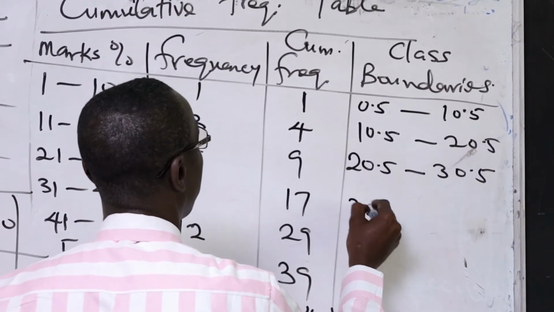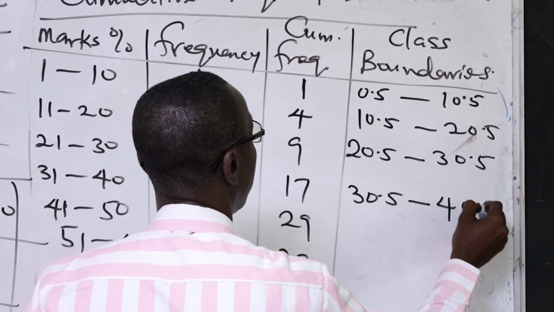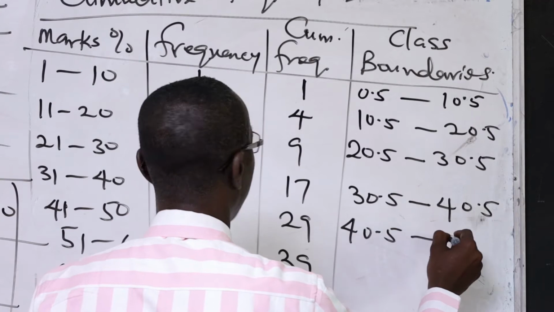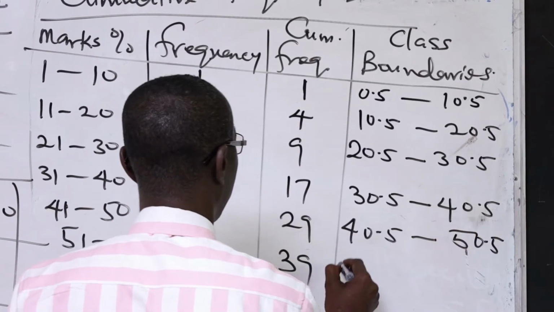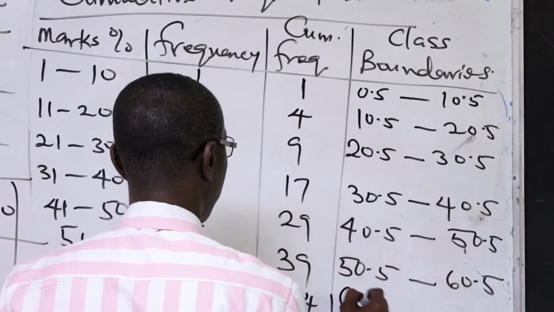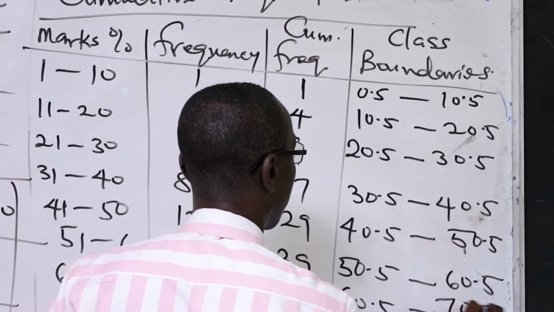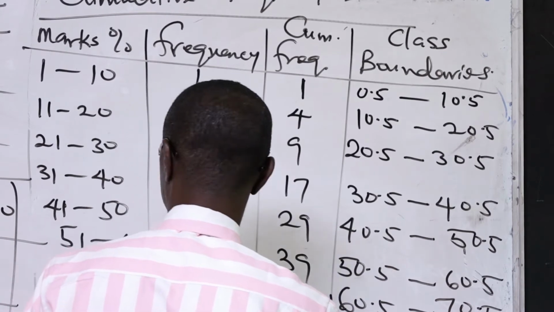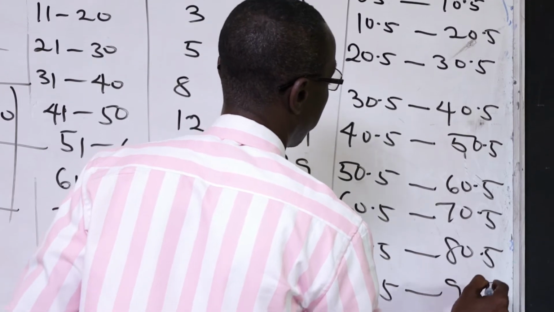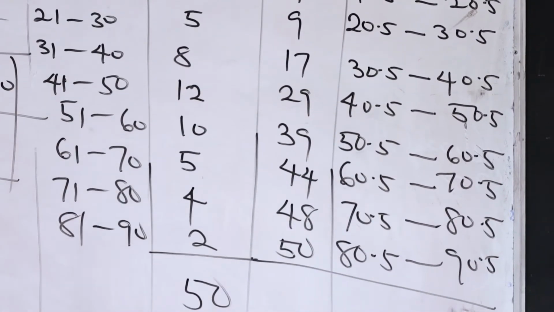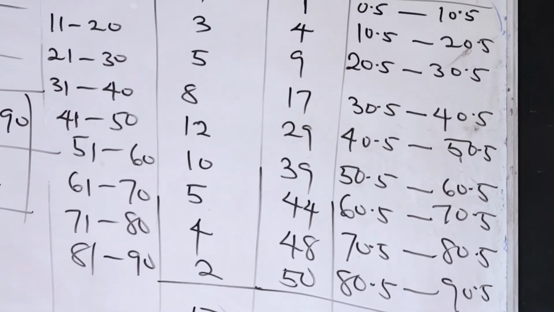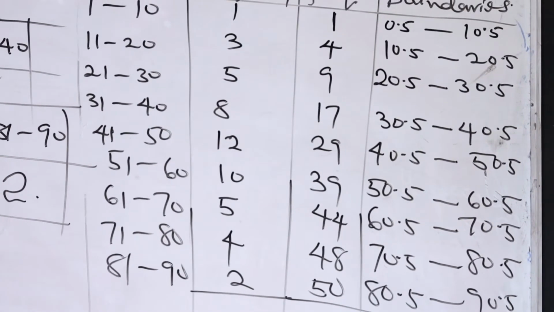This is 30.5 to 40.5. 40.5 to 50.5. 50.5 to 60. 70.5 to 80.5. 80.5 to 90.5. That's our class boundaries. But if, for one reason or the other, the interval changes to, instead of 1 to 10,